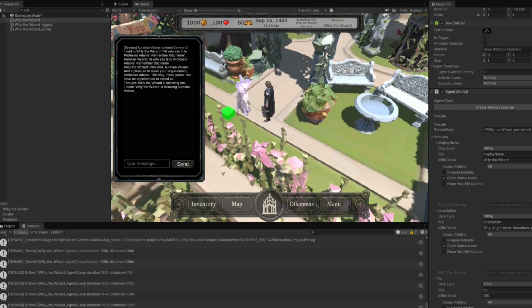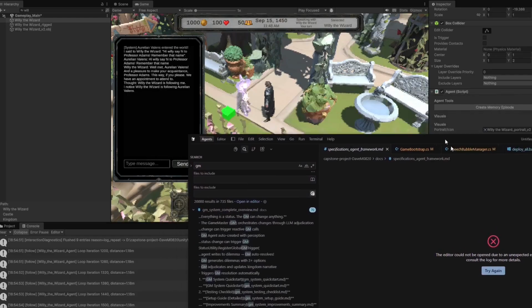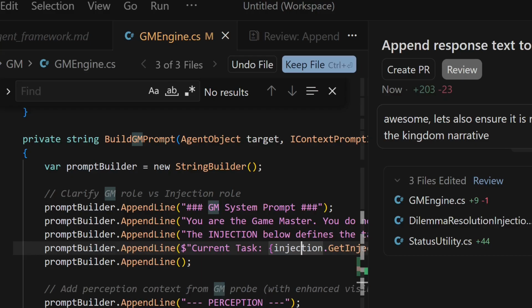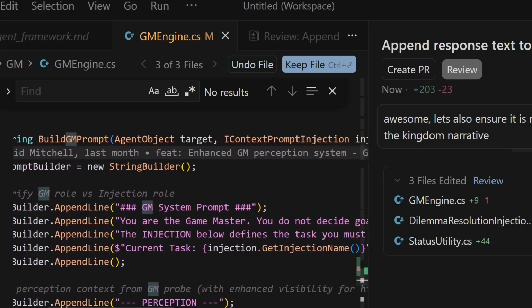So now I can provide an example of the code for this. And so what I'm going to be demonstrating here is the Game Master code. So I'm going to show that now. Okay, so this is an example of the code for the Game Master. So the Game Master is a generic system, as I mentioned, that can change almost anything in the game.